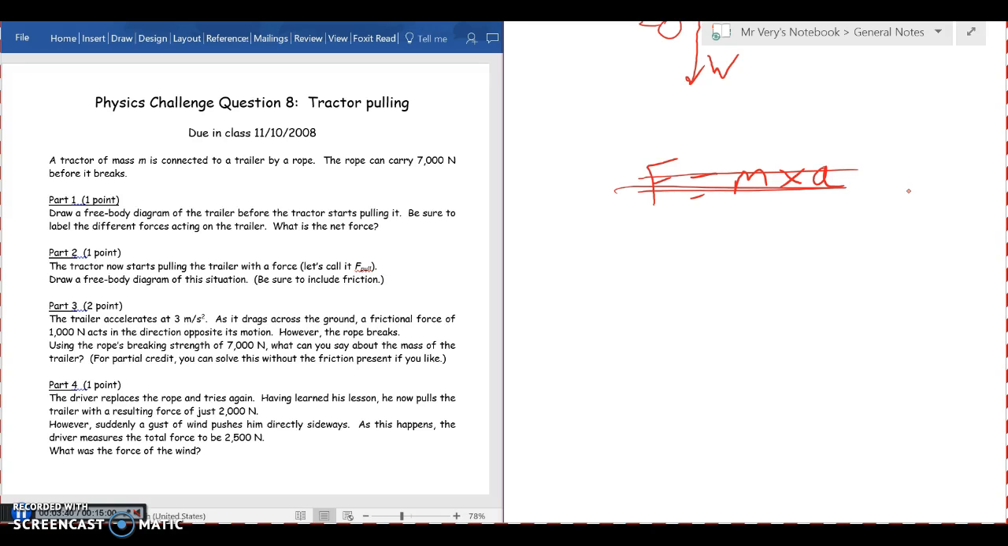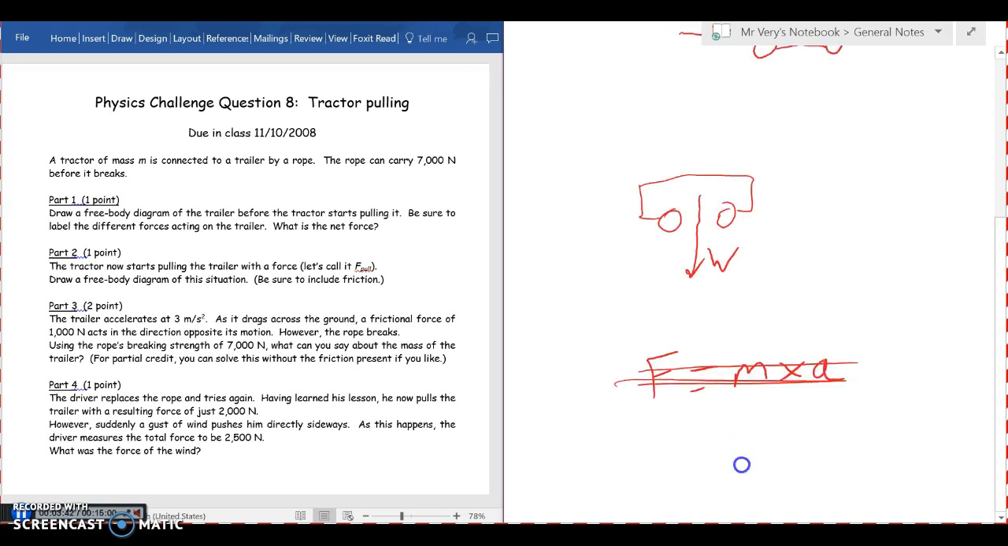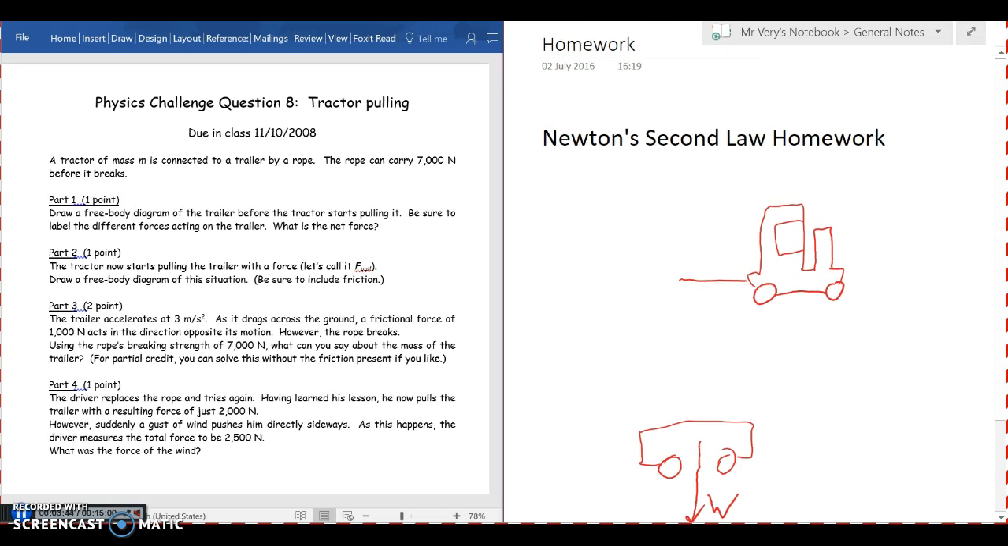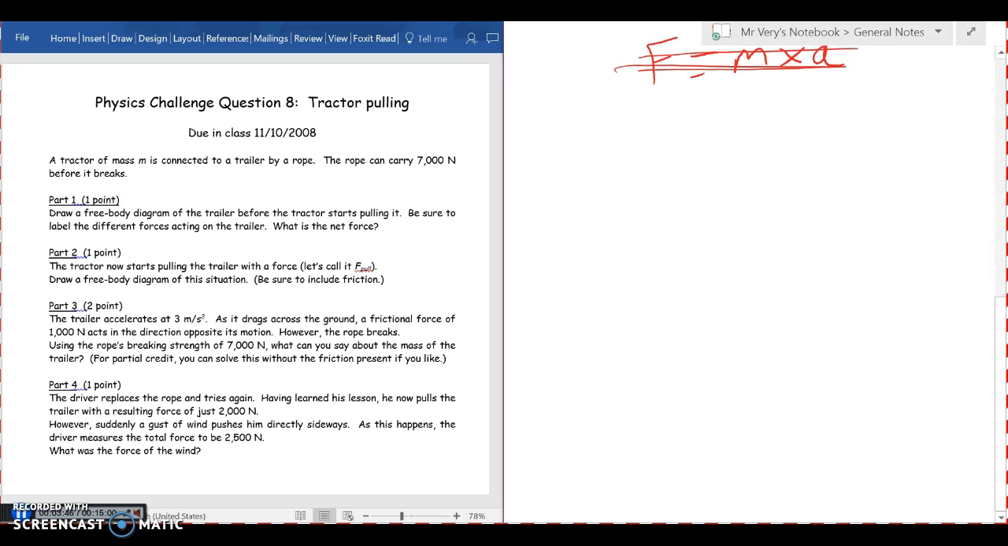So we're told that the driver of the tractor is pulling the trailer again with a rope, and he's pulling with a resultant force of only 2,000 newtons. So let's draw this situation from above, as though we were looking at a bird's eye view of the tractor and the slightly smaller trailer and the rope just there. Okay, so we know that the tractor is pulling with a resultant force of 2,000 newtons. So here's the pull force,